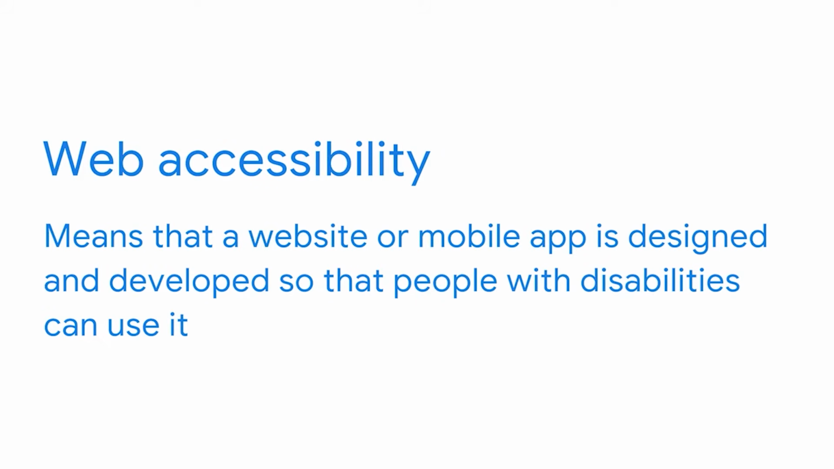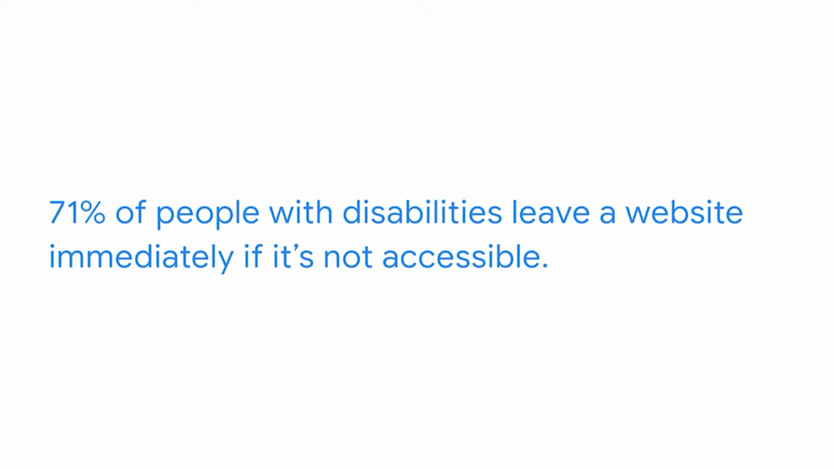Web accessibility means that a website or mobile app is designed and developed so that people with disabilities can use it. 71% of people with disabilities leave a website immediately if it's not accessible. Also, many enhancements made for accessibility improve all users' experiences. Video captions are a great example of an accessibility tool that many users find valuable. Ultimately, each user is unique, so designing for accessibility is an important way to address the many different ways people